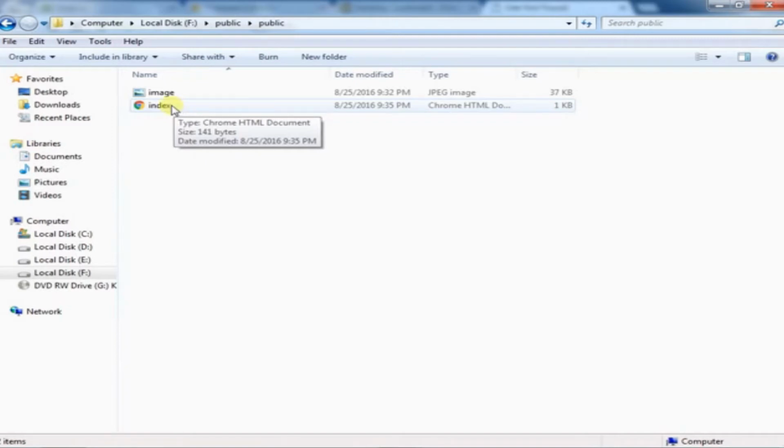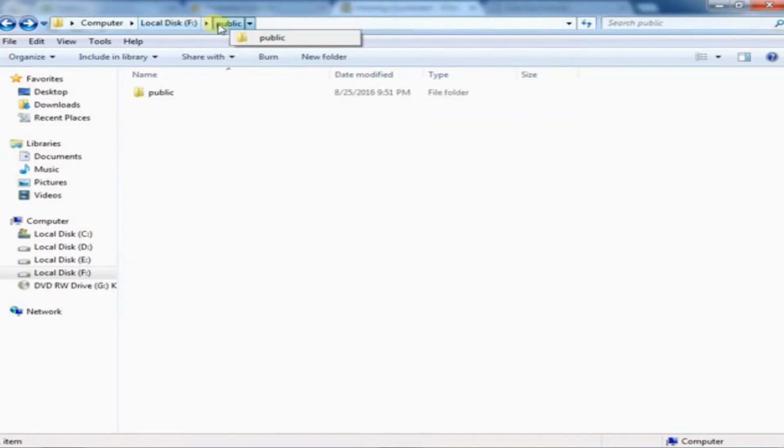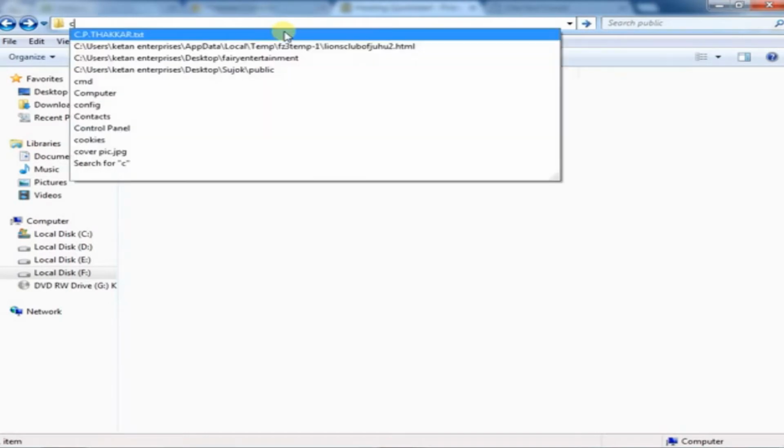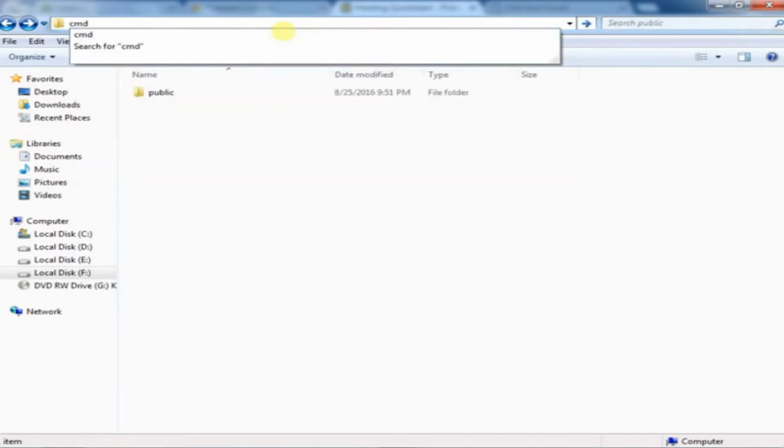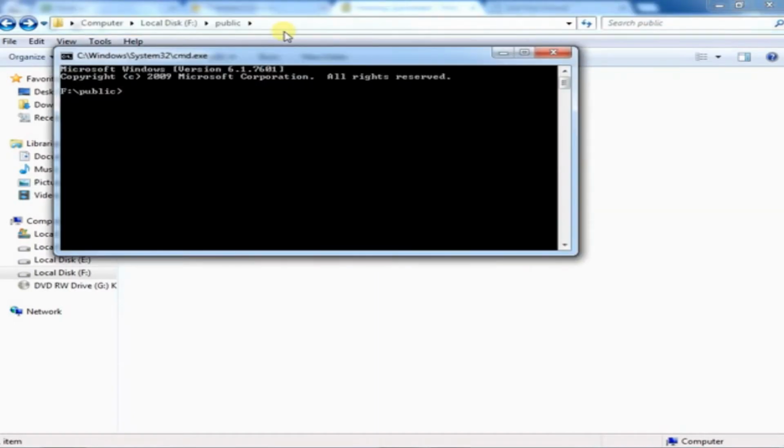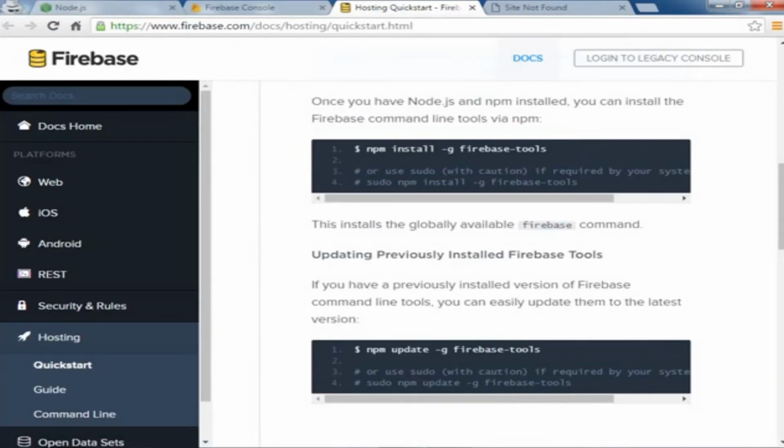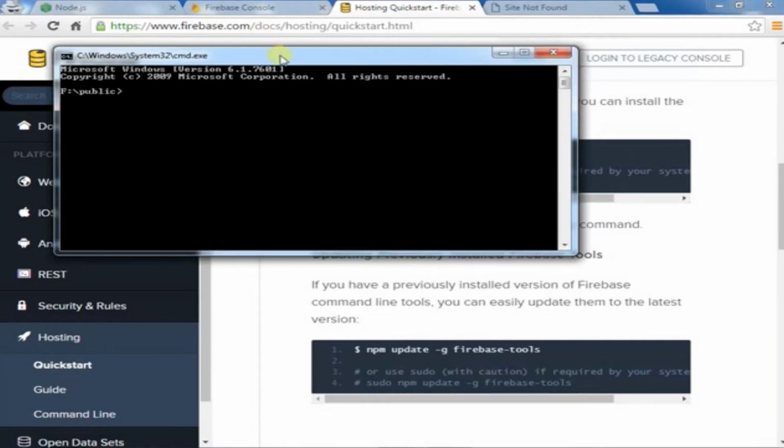As soon as you have done this, click over here and write cmd and press enter. There are certain things which you have to install through Node.js. I will share you the URL. First you have to write npm install -g firebase-tools. Okay, now we will install it.